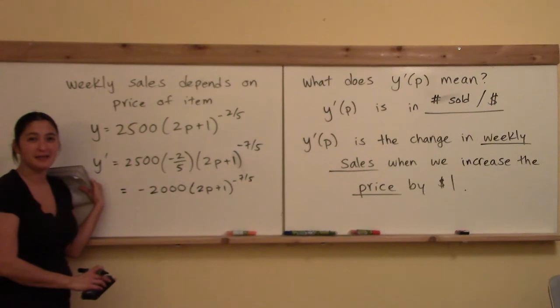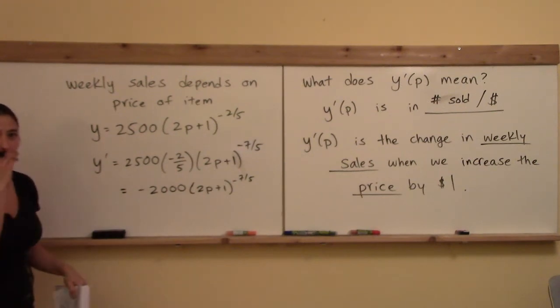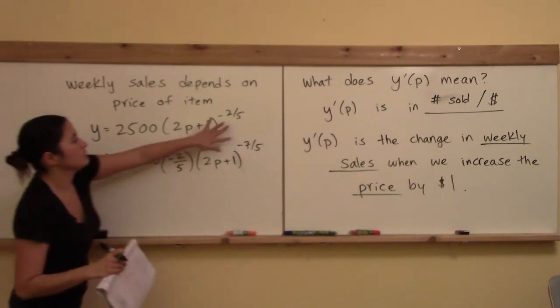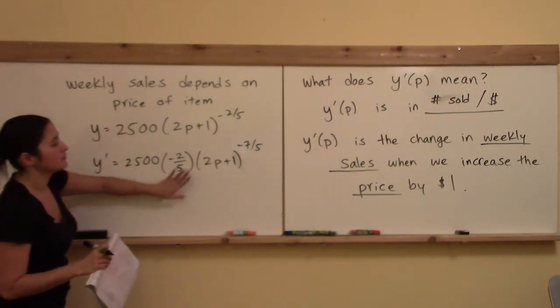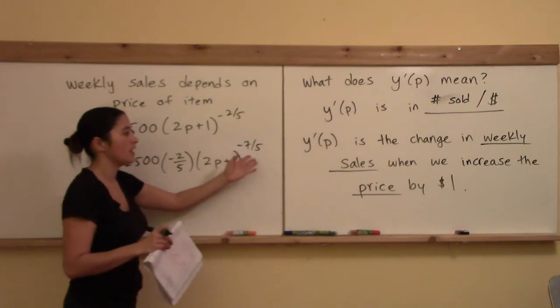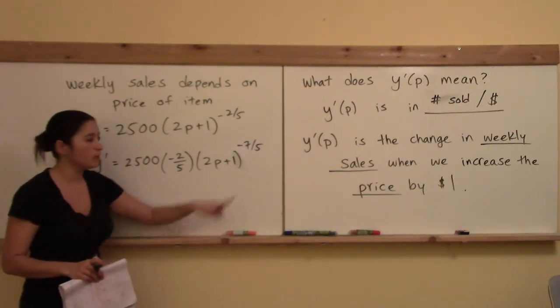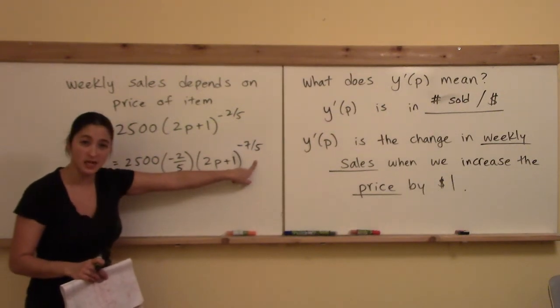Where's my mistake, guys? If you've really been studying the chain rule hard at this point, you can see that I have made one key mistake. And I want you to find it and pause the video if you need to solve the riddle. Okay, here's where my mistake was. Remember how the chain rule goes? The chain rule goes derivative of the outside, so I brought it down, and then I left the inside alone, and I did that to the power. I did so much stuff, I got tired, and I forgot to multiply by the derivative of the inside function,